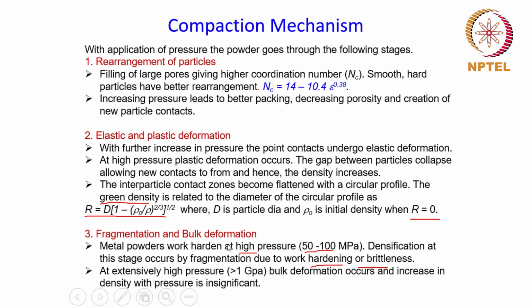And bulk deformation and fragmentation is the stage of the compaction process where the pores have already collapsed between the powder particles and the contact points have already deformed. Beyond that, if more pressure is applied, then the whole bulk of the compact will start to deform, and since there is not much pore closure at this stage, the increase in the density with pressure is not significant. And with that, we come to the end of this lecture, but there is more to follow on this